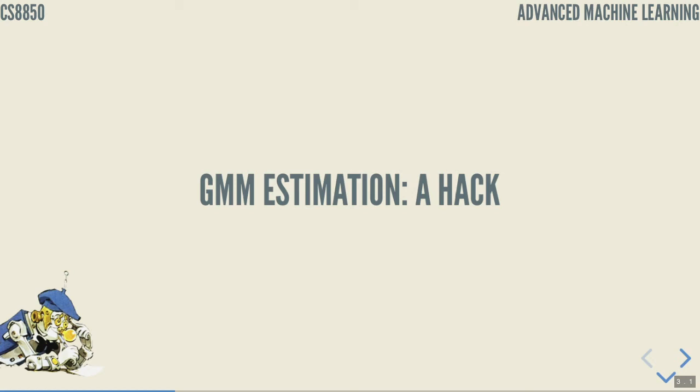Gaussian mixture model estimation. Let's try a hack. So right now we don't have any proof or formal intuition of why this hack would work. Why would this hack work? I won't give it to you in this section, but